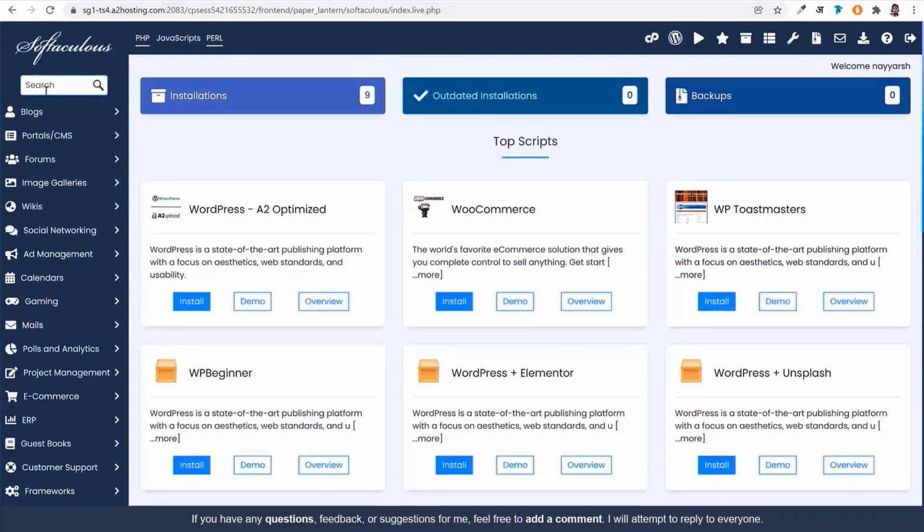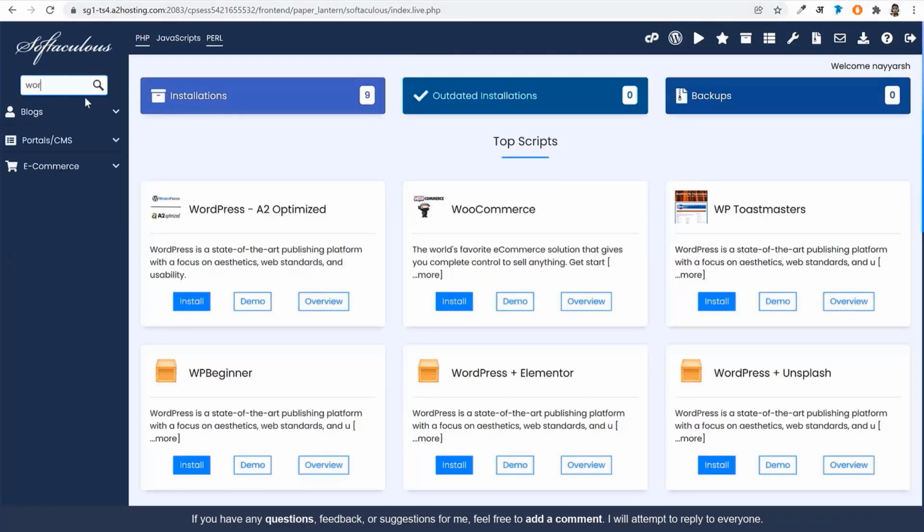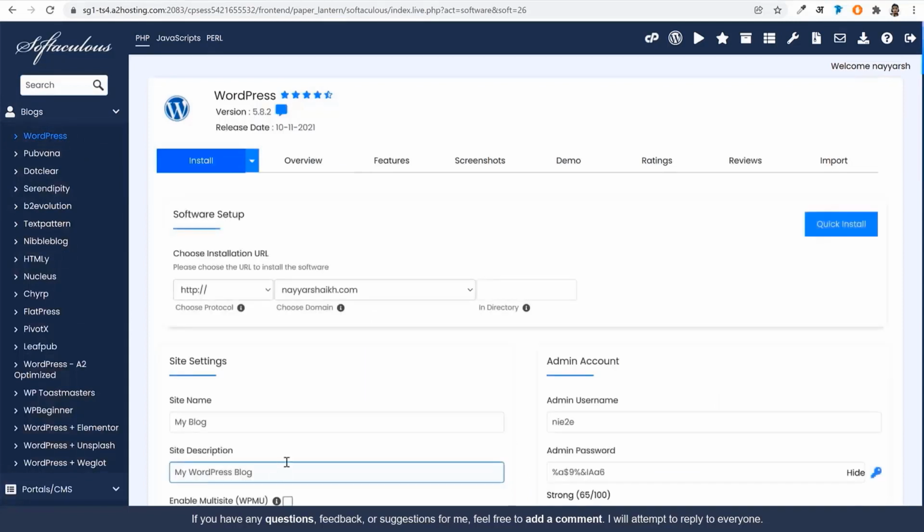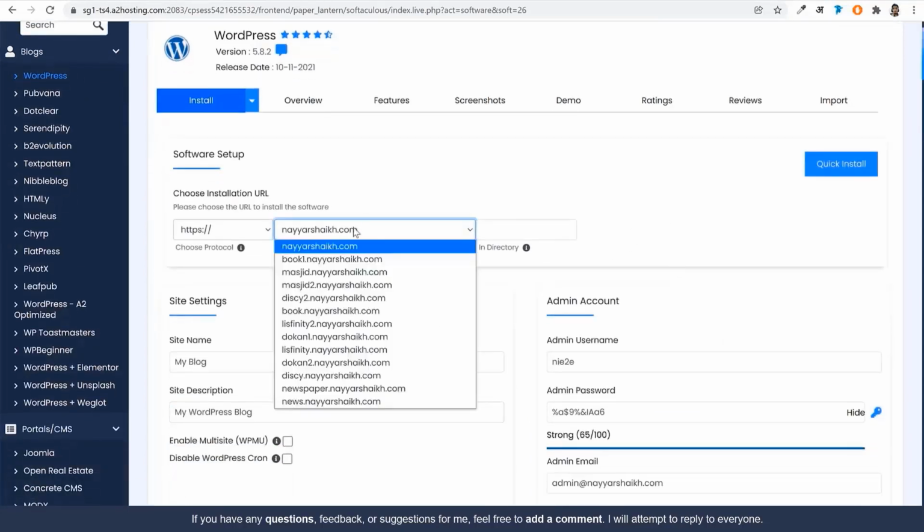So what you can do is from the left hand side, you'll see the search bar. Over here, you can search for WordPress. You will see the very first one, click on that, WordPress. And now click on this install now button. Now the very first thing that you have to do is you have to select your domain name on which you want to install WordPress. So in this example, I'll select this domain,